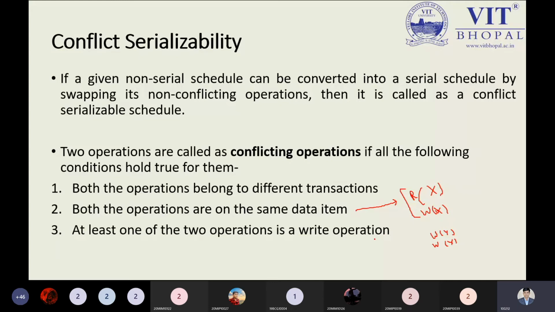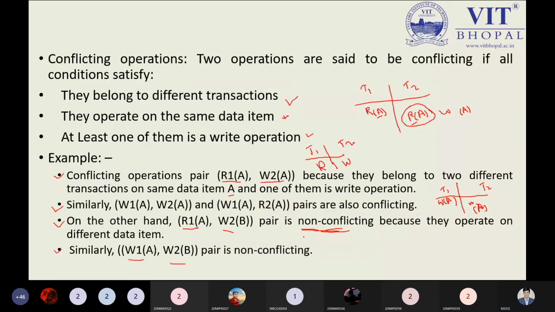Let us understand all these things by our example. Conflict operations examples. Two operations are said to be in conflict if all the conditions are satisfied. They belong to different transactions T1 and T2. So read A you can do, so both transactions are reading the same data item at the time. First I'm reading, then after ending the read operation on a data item by the transaction T1,